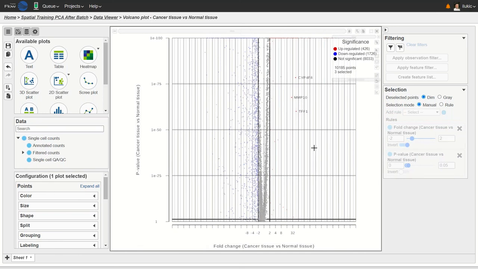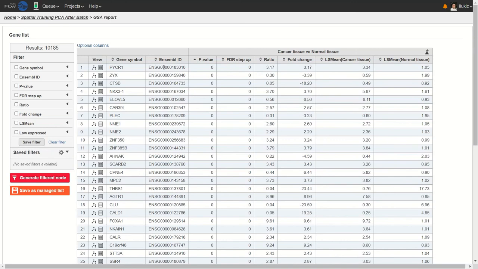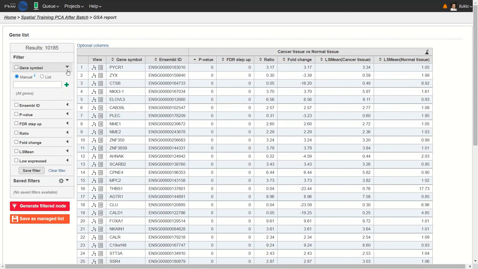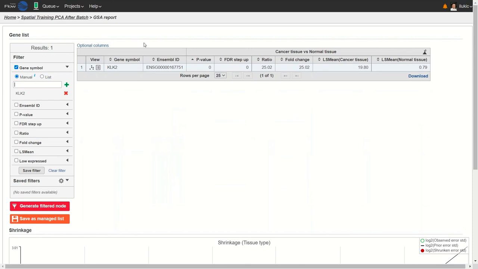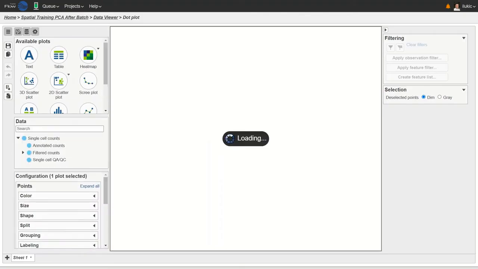There's another plot that's a violin plot. We will now focus on the filter panel here on the left. For example, let's look for one of the marker genes for prostate cancer. And the gene is KLK2. There it is, highly significant. And a path to the violin plot goes through the dot plot icon over here. When the data viewer comes up,